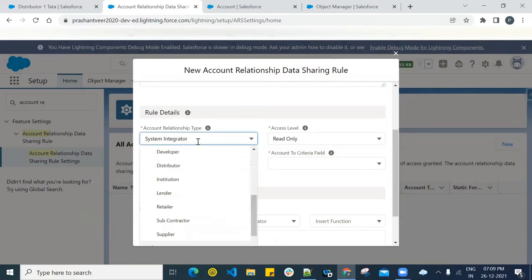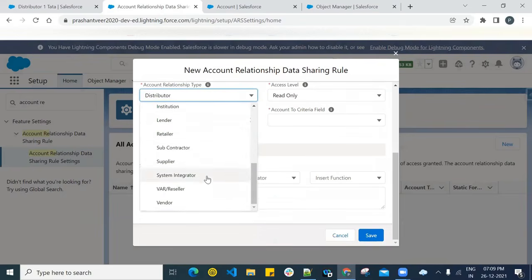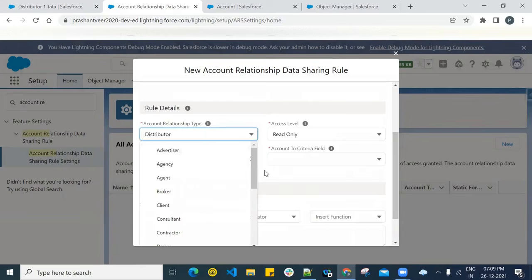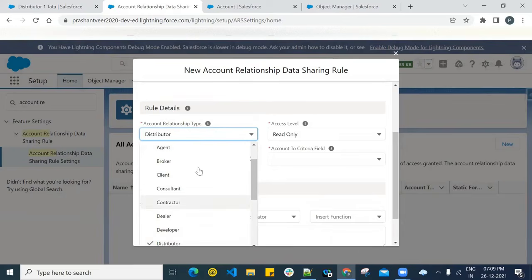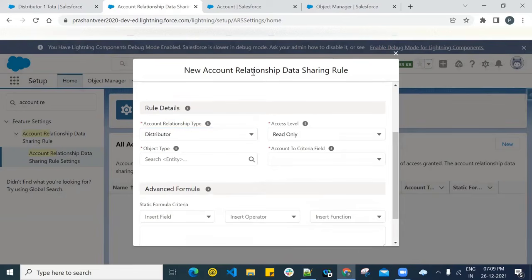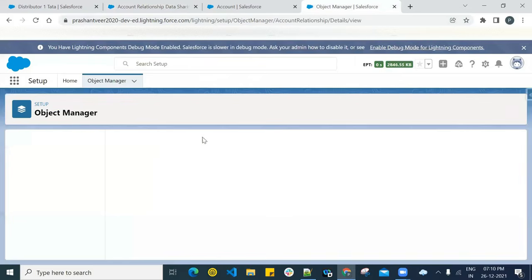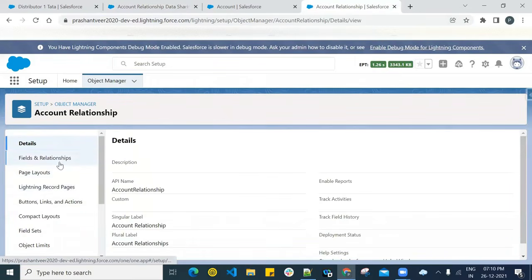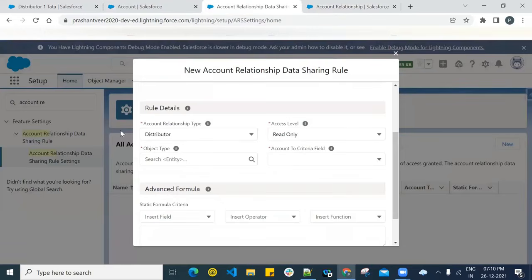So I will be selecting distributor here. Let's say these values are not as per your business requirement and you need to add more values. Then remember, account relationship is an object, and in the object this is the picklist. Correct. And in the picklist